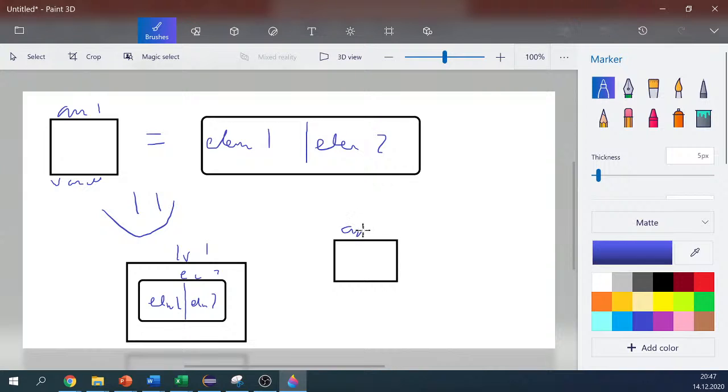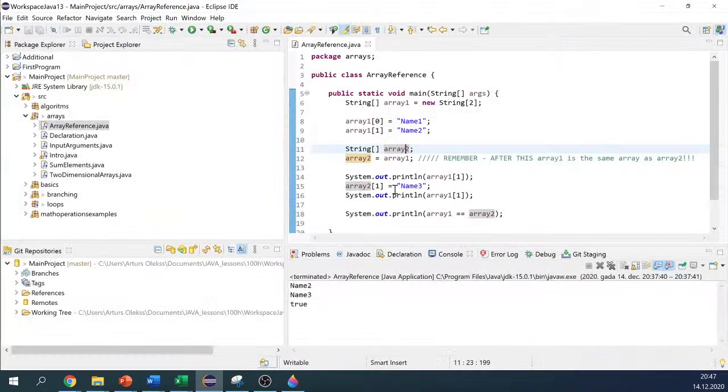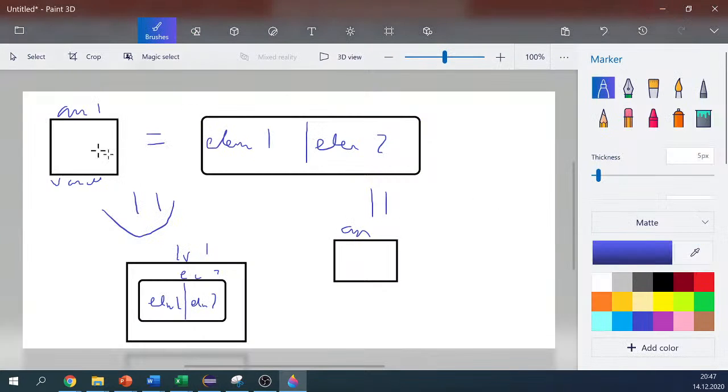But what we actually do, we also assign, what we can see here, we assign the value from the first array to the second array. So what it basically means is that we take the value that is here, and we assign this value directly to the second array. So basically what does it mean? It means that this array is placed under this variable, and it is placed under this variable at the same